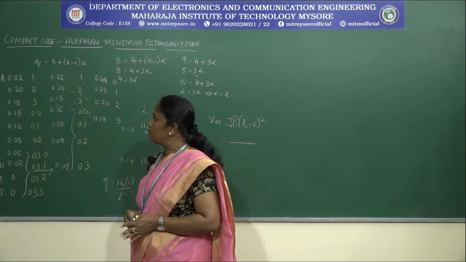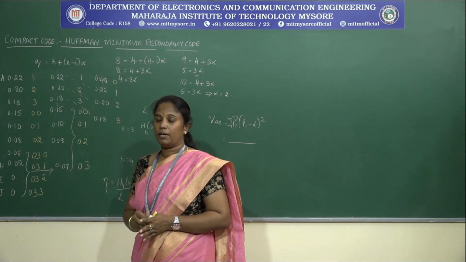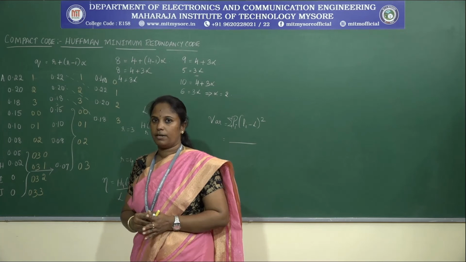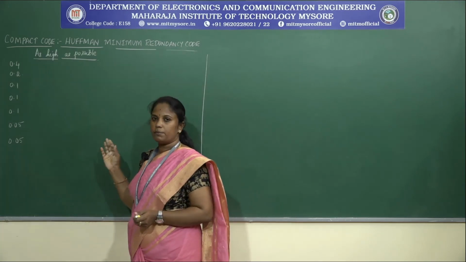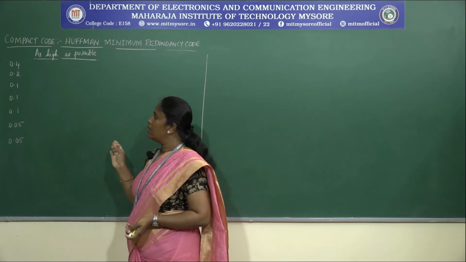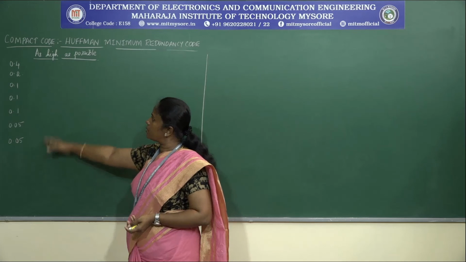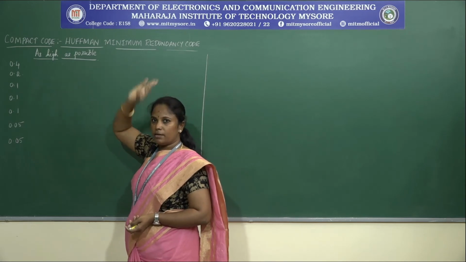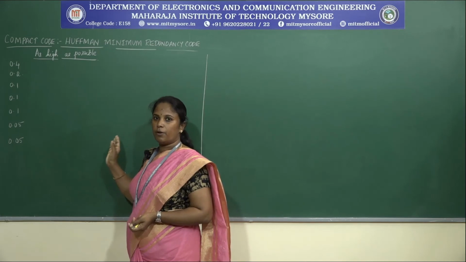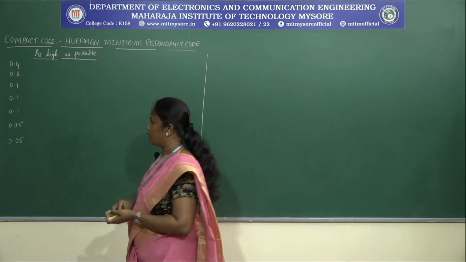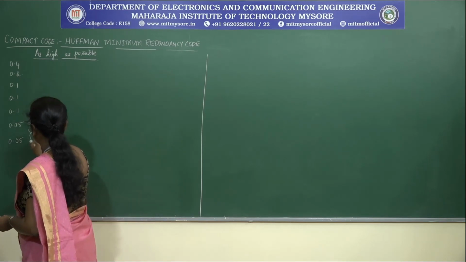Okay. So now let us look into 2 more examples of the as high as possible as well as the as low as possible condition. Okay, this is an example, where the problem statement is: construct a Huffman binary encoding for the following set of source symbols by placing the symbol as high as possible. For the same problem we will be performing the as low as possible condition. So now for as high as possible, first combine these two.